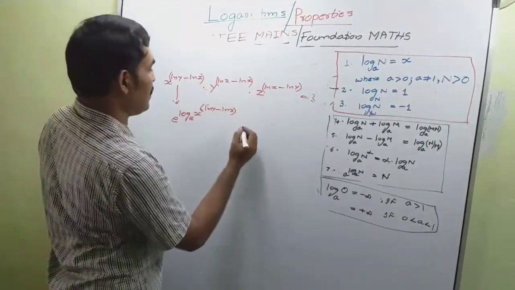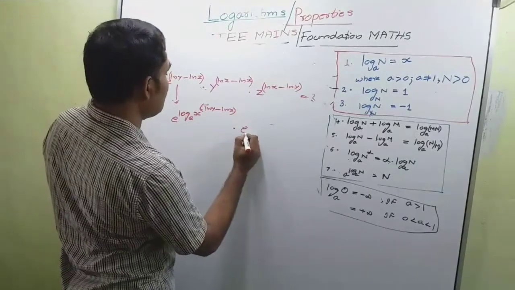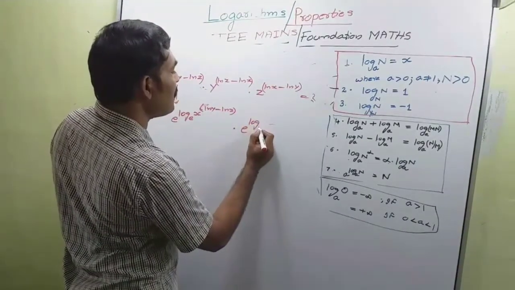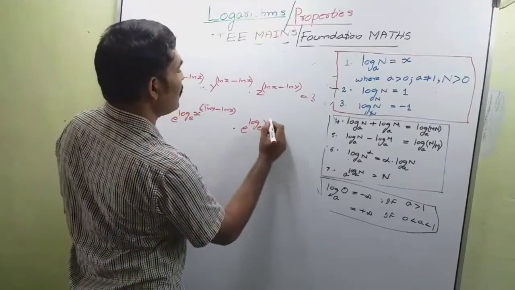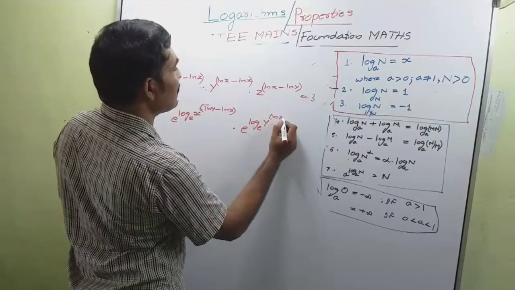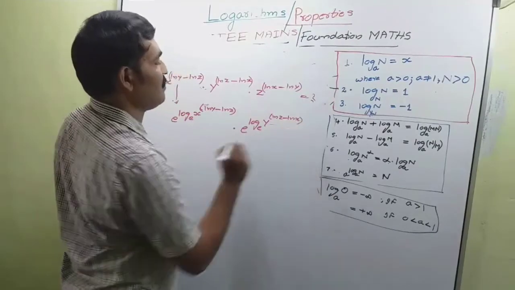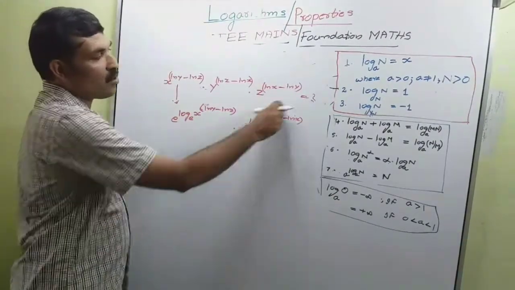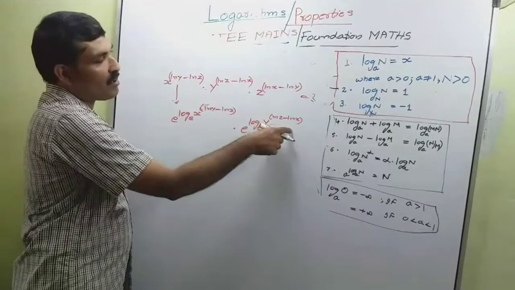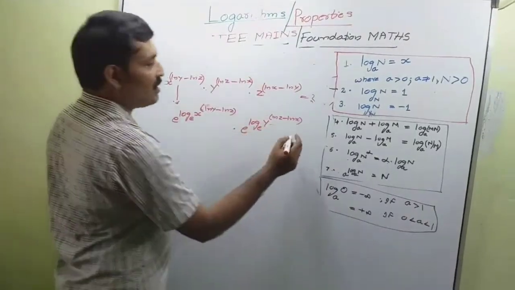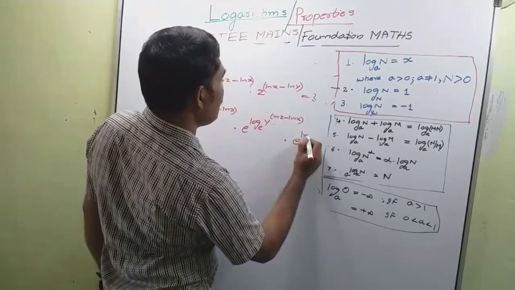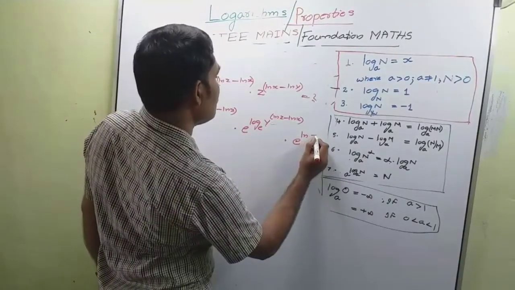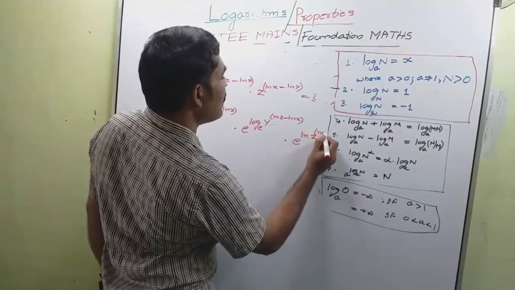Now this term can be written as this into e raised to log base e, that is ln e, into this term, that is y raised to ln z minus ln x. E and e get cancelled, so this whole term is equal to y raised to this term. This into e raised to ln z raised to ln x